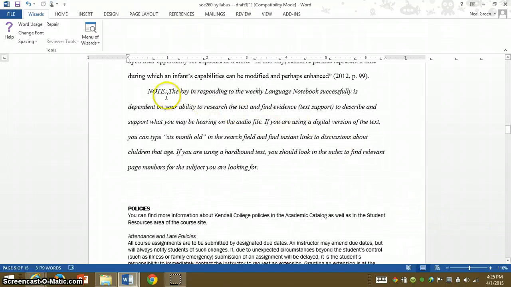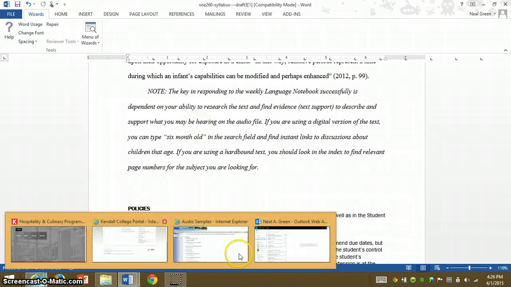And again, the key to this language notebook and being successful with this is their ability to research the text and find evidence or text support to describe and support what they're hearing in the audio file. And for other resources,